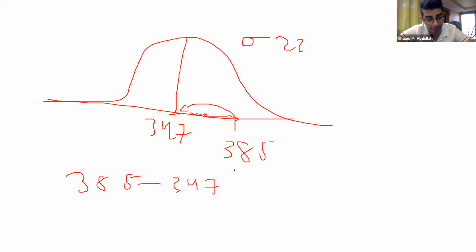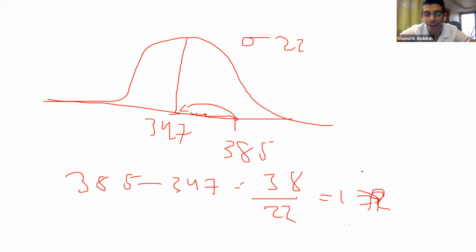385 minus 347 is 38. Then I'm going to divide this by the standard deviation, which is 22. So 38 divided by 22 equals 1.72. So if I asked you, what's the probability of getting someone who's on 388 or beyond it, then